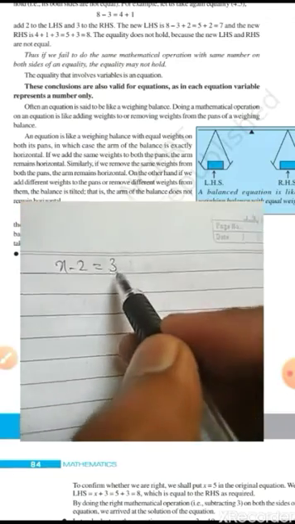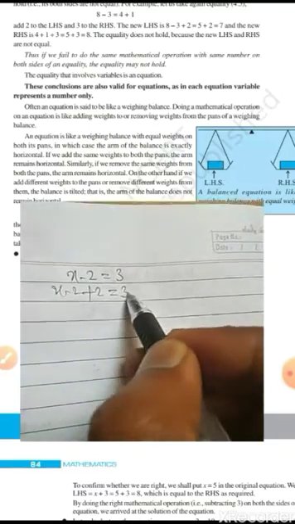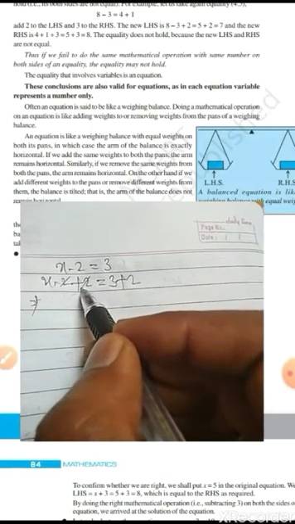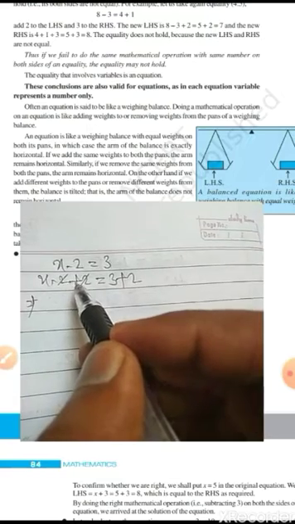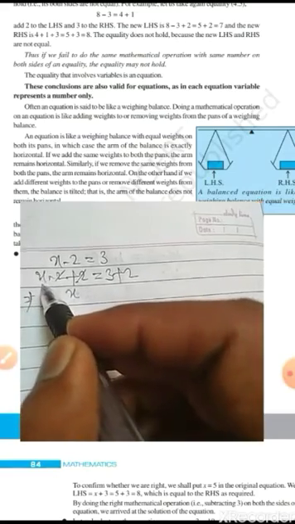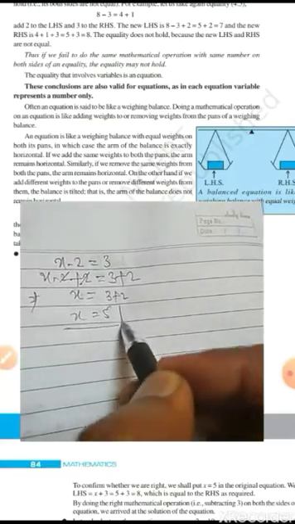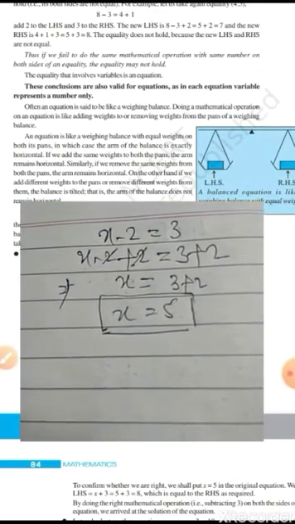If we add 2 to both sides, x minus 2 plus 2, 3 plus 2, these 2s cancel because they have the same value but opposite signs, so they cancel each other. On the other side, 3 plus 2 is 5, so the value of x we get is 5. Okay, so here 5 is the solution of this equation.